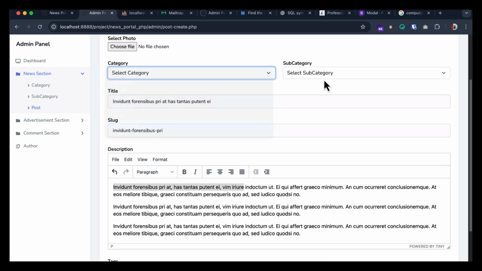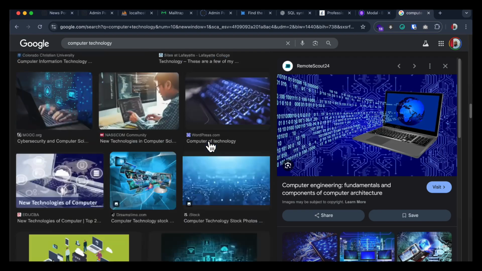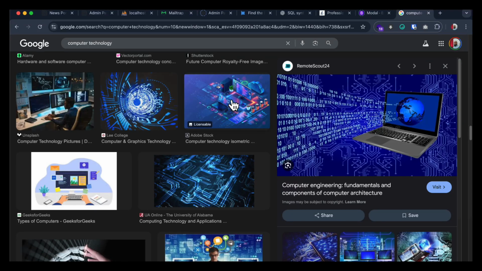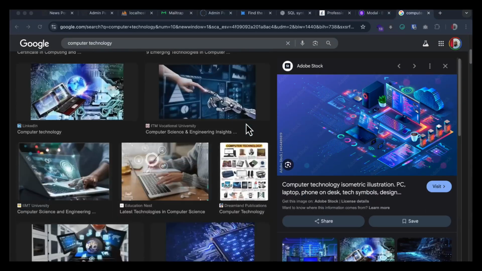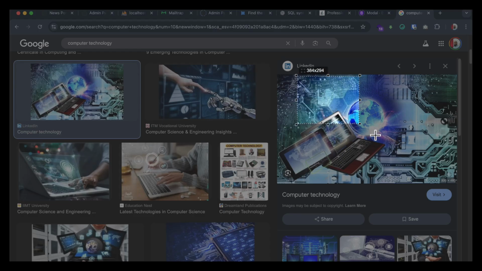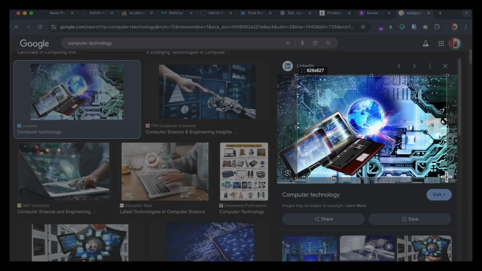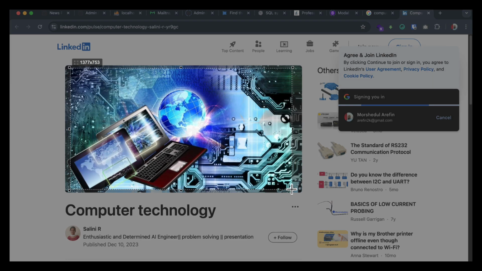So this is technology computer, and what is the computer technology? I add another photo that can be this photo. So not like this, I am going to use a real life type photo. So this is okay, and now I am going to copy this. Where is the photo? So this is the photo. So I am now going to copy,